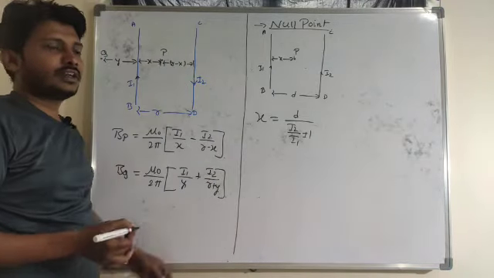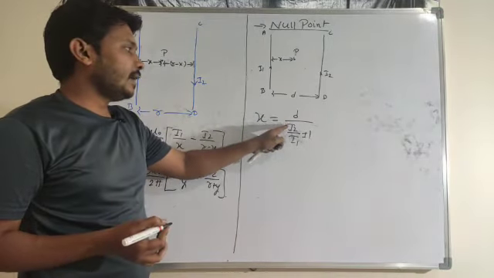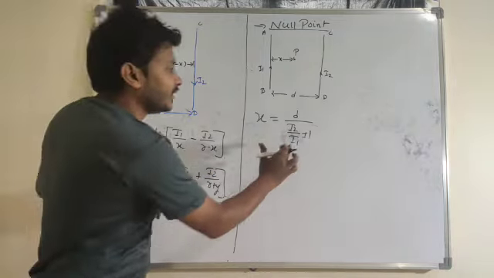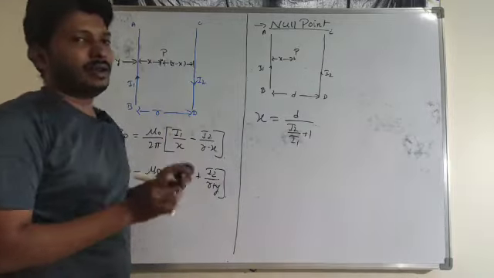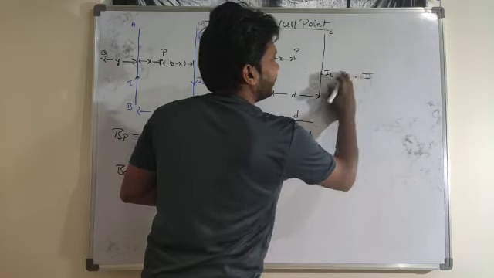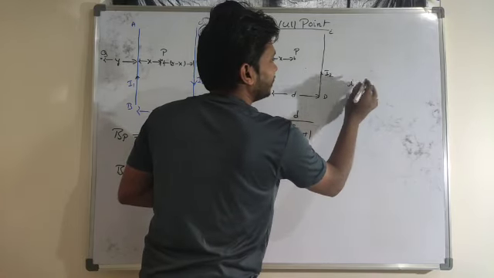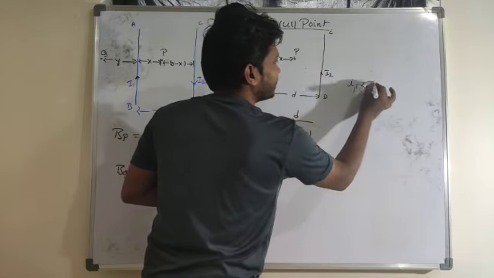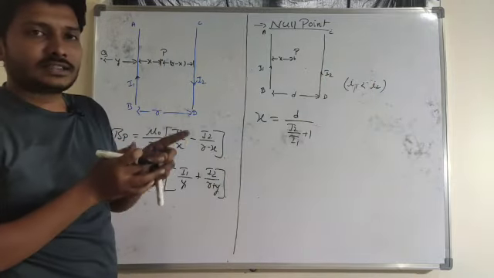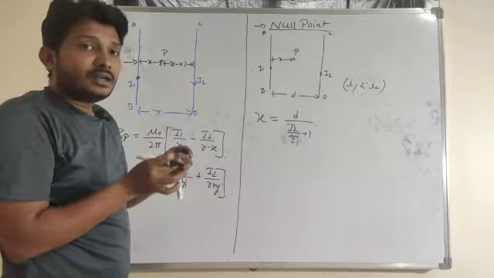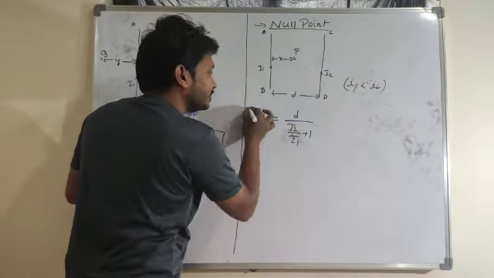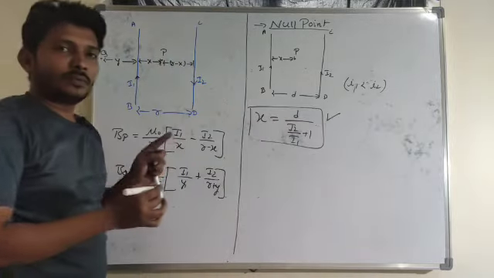So what's that equation here? X is equal to d divided by I2 by I1 plus or minus 1. When should I take that plus 1 here? So plus 1 is applicable when current I1 is less than current I2. So the current in the first wire is less than the current in the second wire. So if I1 is less than I2, the null point exists between the wires. If the null point occurs between the wires, this is the formula here.